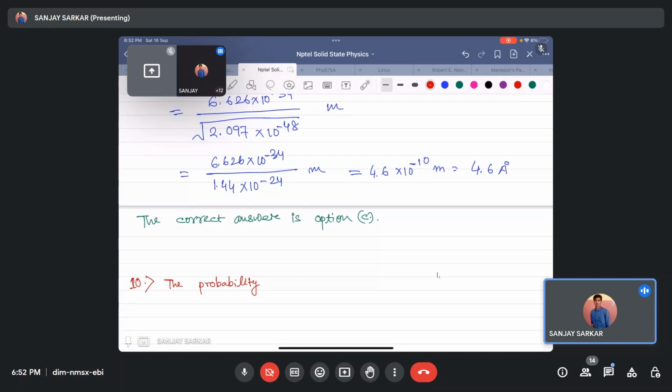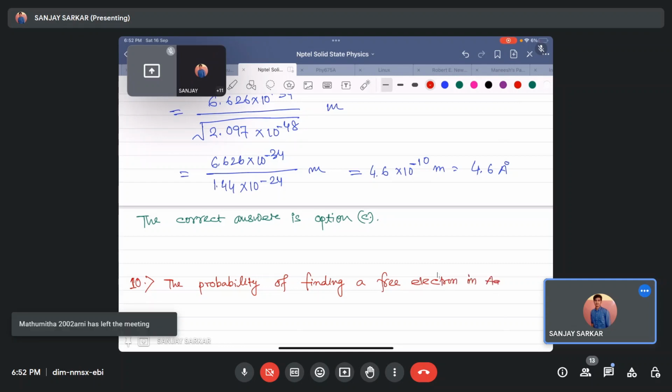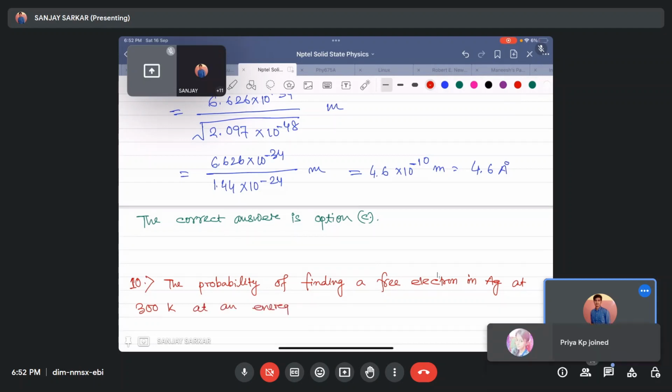The probability of finding a free electron in Ag at 300 Kelvin at an energy level 1.02 EF is